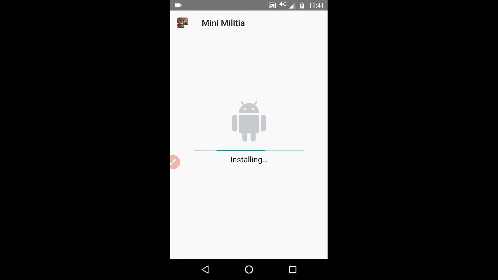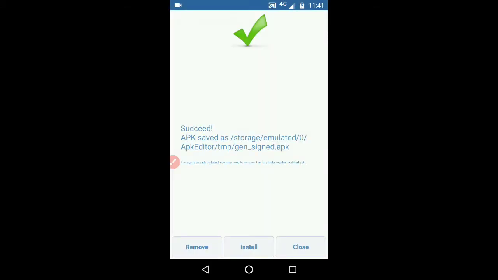And I want to tell you that these hex codes will work only for Mini Militia version 4.2.8, not for Mini Militia 4.3.3 and older versions than it. Only for 4.2.8 this hex code will work. Now it is done. Let's check Mini Militia now.